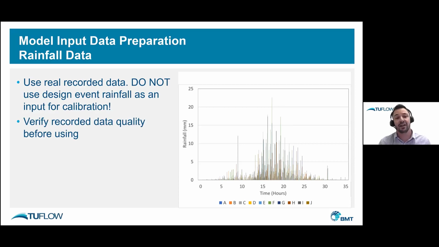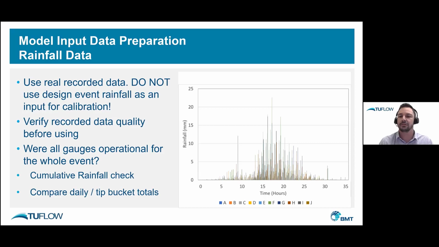And you have to verify the recorded data quality before using it. There's a real example on the right there. There were 9 different gauges in this catchment. Can you tell me which of those gauges went offline during the event? It's impossible to tell when you're looking at